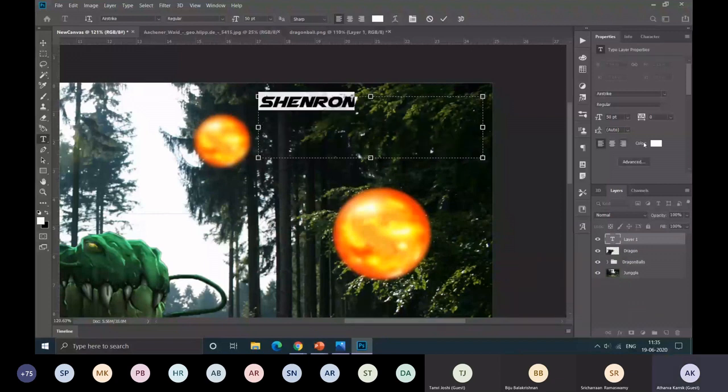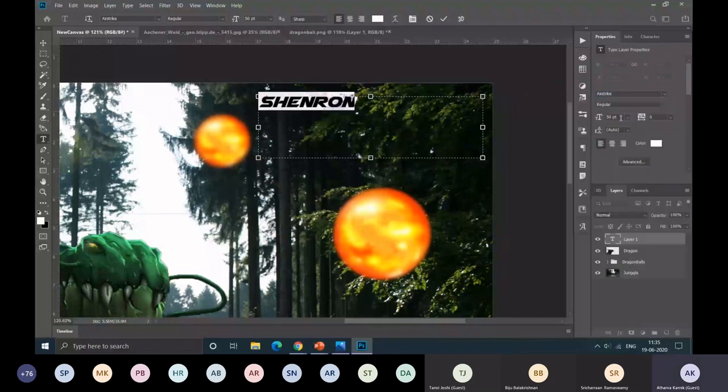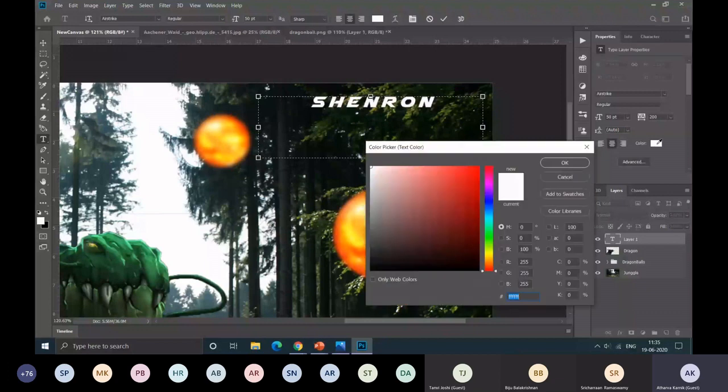Here in properties panel, you can change the font from here like this. There are various fonts. You can just explore. Here you can change the size of font. You can introduce some distance between the letters. Like suppose I click 200, you'll see the effect. And you can choose to left align, center align, or right align. We'll choose center align. And you can change the color also, the color picker.